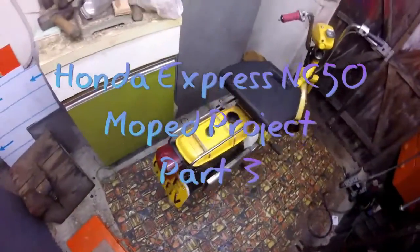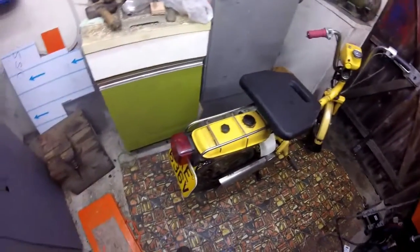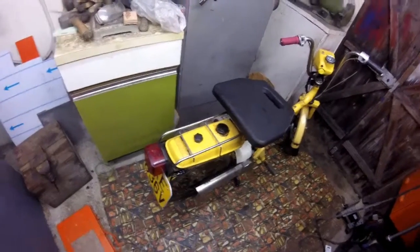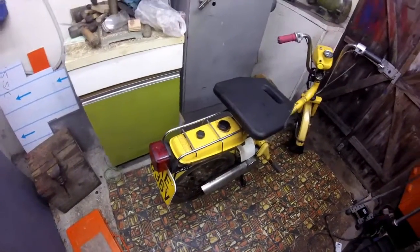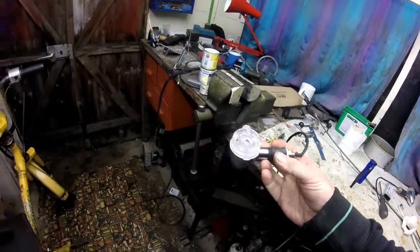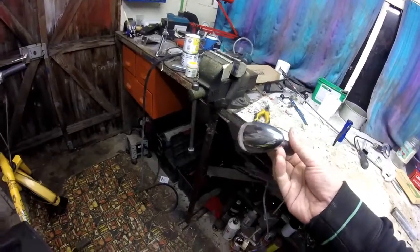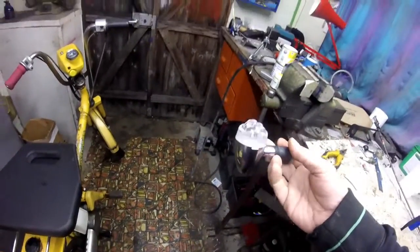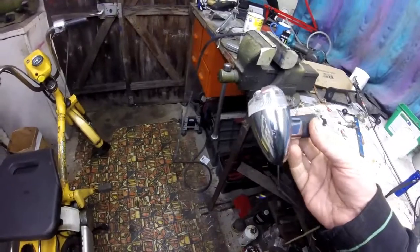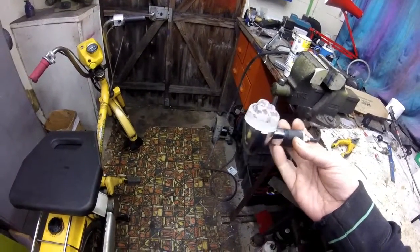Right, today's job is indicators. This bike didn't come with any indicators or indicator brackets, so a friend of mine gave me these indicators. They're for motorbikes, but they were 12 volt operation, so I've had to rewire all the LEDs to give 6 volt operation, which was a hell of a tricky job, but I managed it. There's 12 LEDs in there,